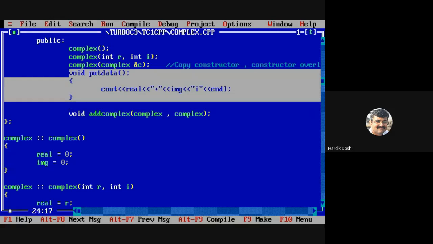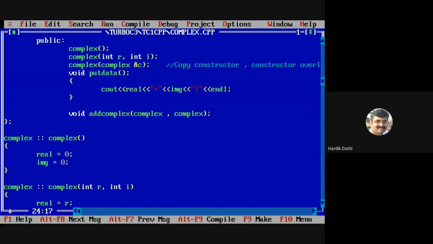You recall inline function. Please note down wherever you want to.